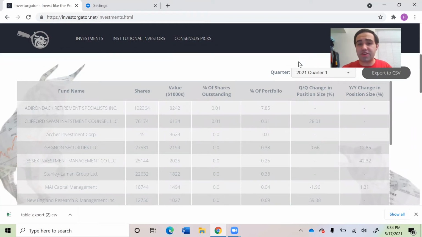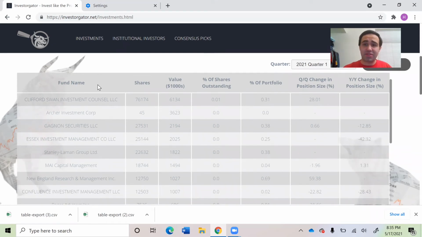The summary table can be sorted by which quarter I'm interested in, and I can also export all of the data to a CSV file, which shows all of that information in an Excel format. Here I can see the fund name, so the name of the manager that owns stock in this particular company, the shares that are owned in that particular company by that manager, the value of those shares in thousands based off of the value at the particular point which the data was generated, which is on a quarterly basis, the percent of shares outstanding, which essentially means the percentage of the total shares that are out there on the market,